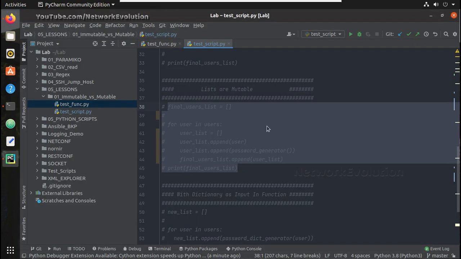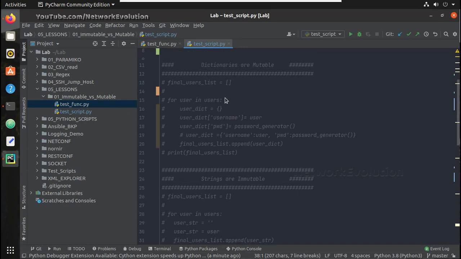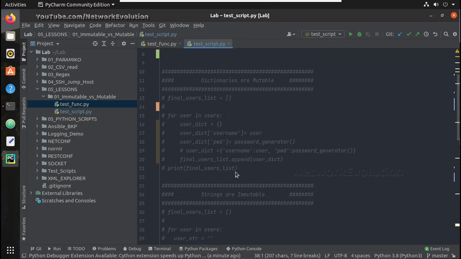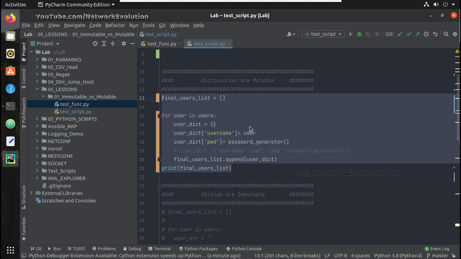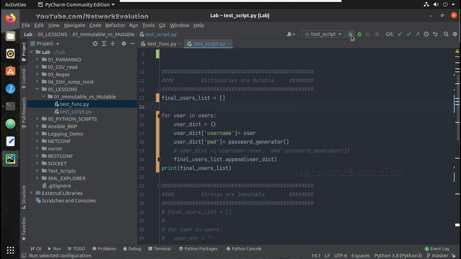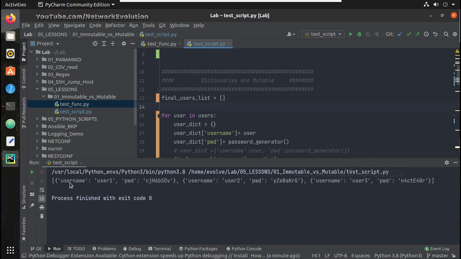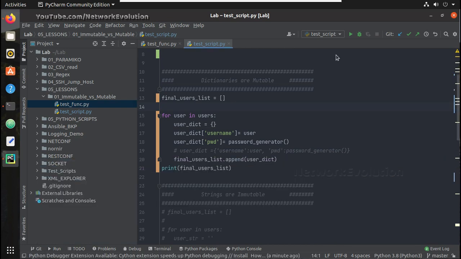Now let us go to the dictionary script, where it creates the user dictionaries with random passwords. Let us just try running it. Now it creates the random password for each individual user. We'll enable Python debug in PyCharm.